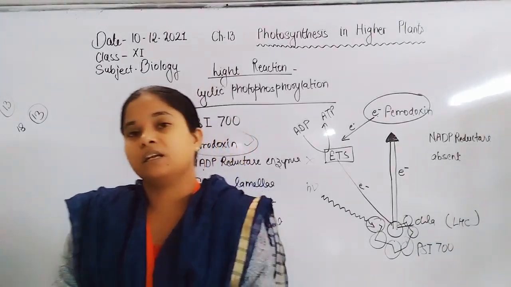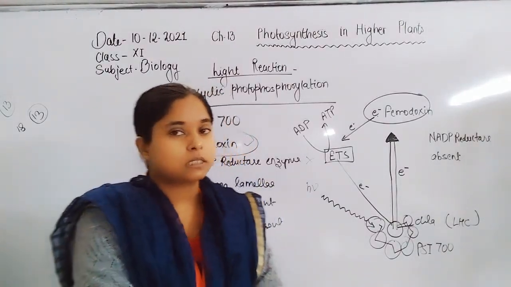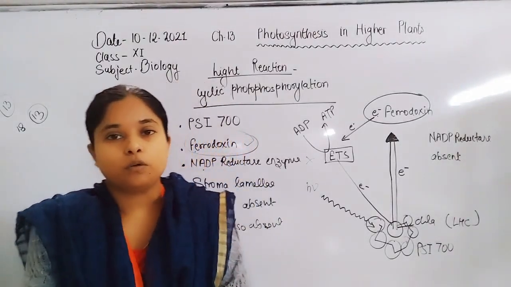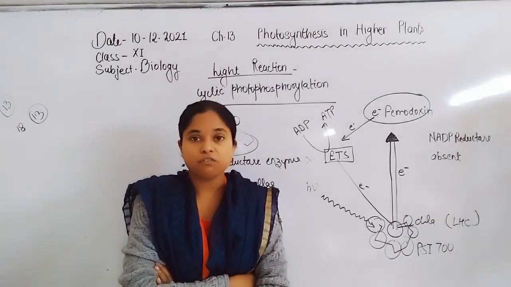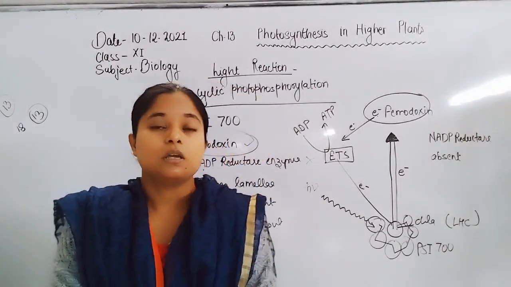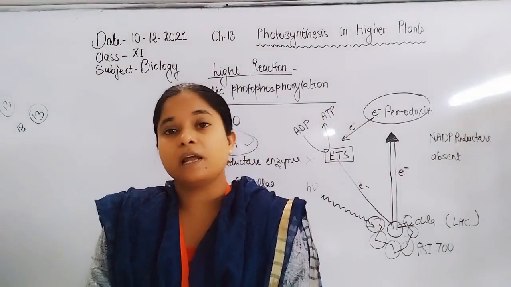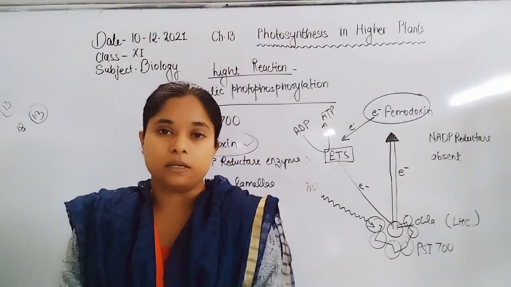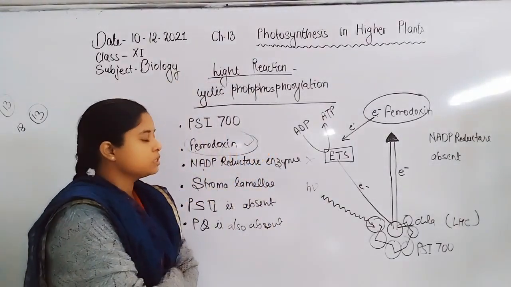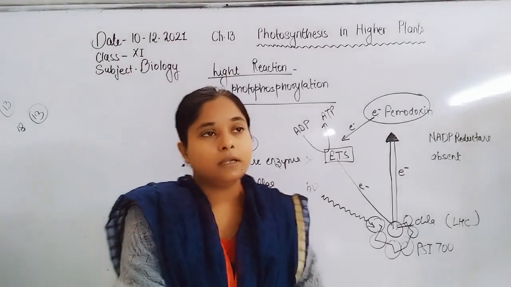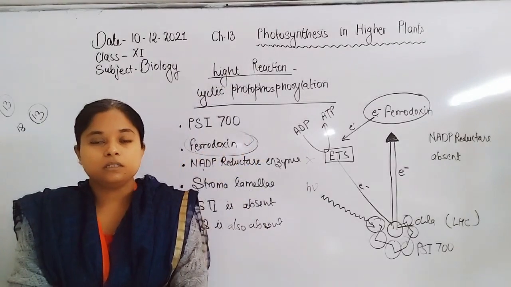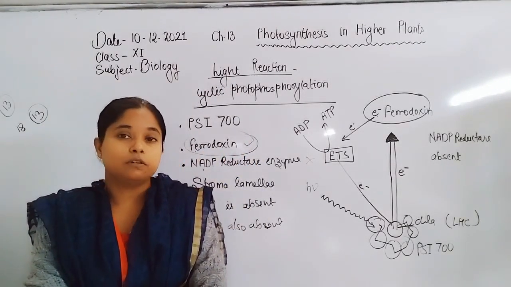The electron again gets excited and is emitted from its orbit, and is accepted by ferredoxin, which is another electron acceptor present on photosystem first. Near the electron acceptor ferredoxin, NADP reductase is present, which reduces NADP plus to form NADPH2. Hence, two products get formed, ATP and NADPH2, due to continuous emitting of electrons. At one time, the electron is highly decreased if this is not fulfilled.